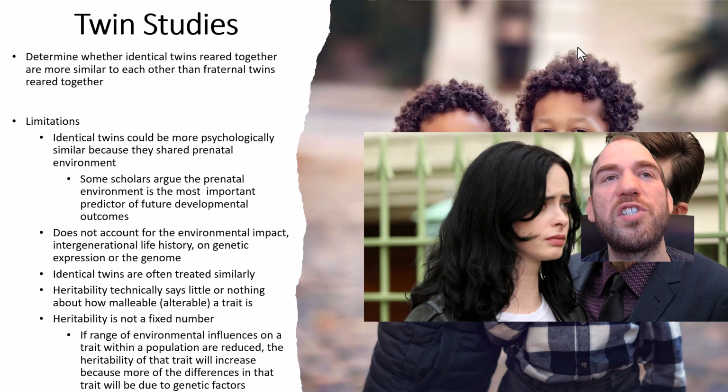Now, one way behavioral genetics tries to test the degree to which any developmental outcome is heritable is through twin studies. They determine whether identical twins reared together are more similar to each other than fraternal twins reared together. The idea is that we look at two sets of twins: identical twins with theoretically almost the same DNA, and fraternal twins who share only 50% of their DNA. Researchers then compare the developmental outcomes in those two sets of twins, for example, how extroverted they are. So we say, both identical twins have the same levels of extroversion, while the fraternal twins have some similarities, but nowhere near the same as identical twins.